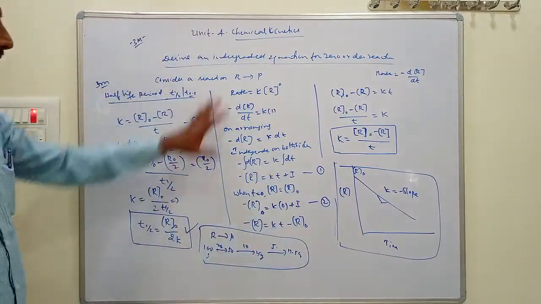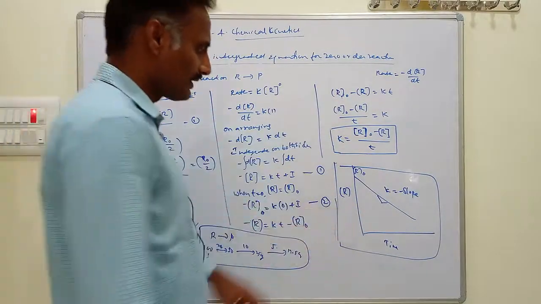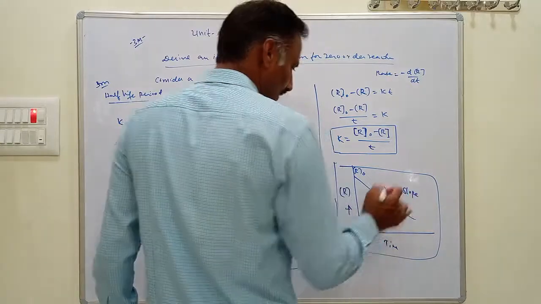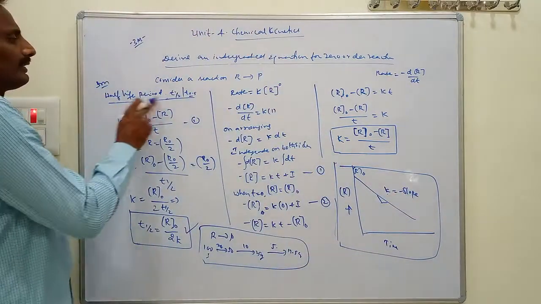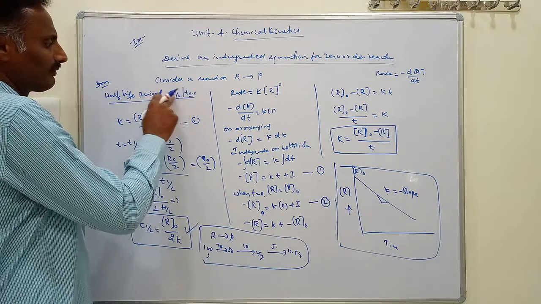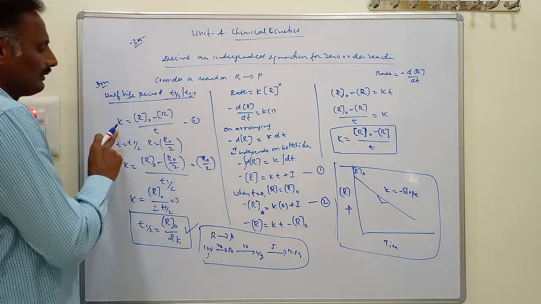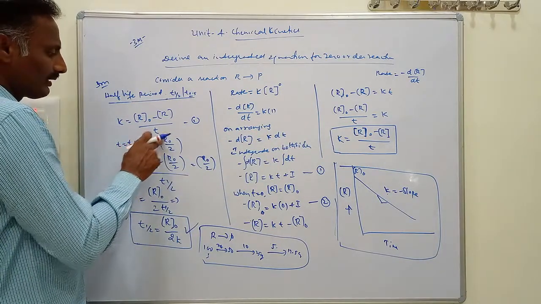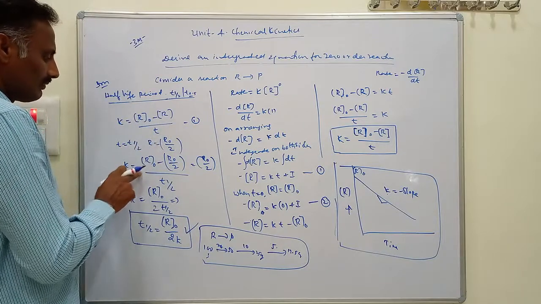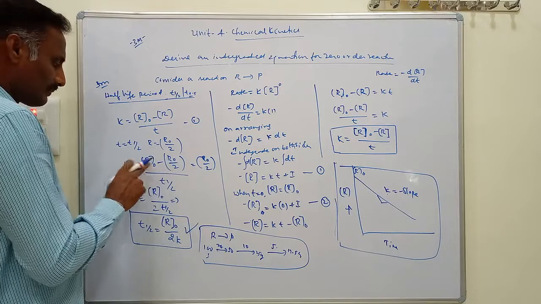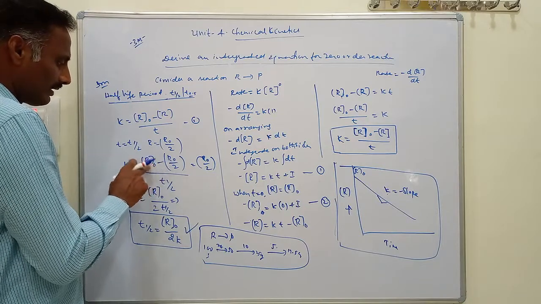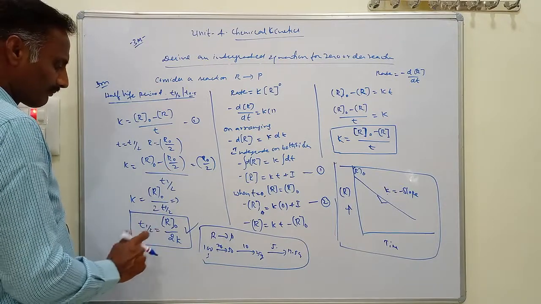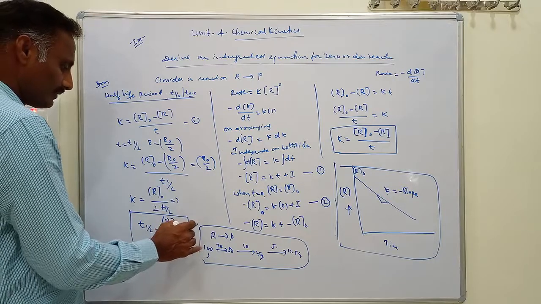One is the derivation, and the other is the graphical representation of concentration of reactant versus time. Here you will get a negative slope, and the slope equals k. The half-life period is t half, or t 1 by 2. In place of t you write t half, and R equals R naught by 2. Then k equals R naught minus R naught by 2, and by subtracting you will get R naught by 2. So t half equals R naught by 2K. This is the derivation of the half-life period expression for zero order reactions.